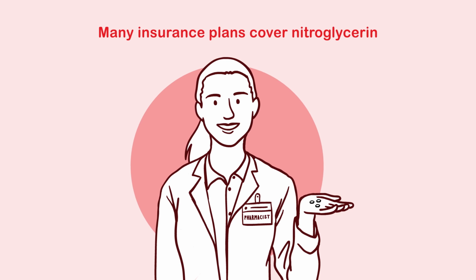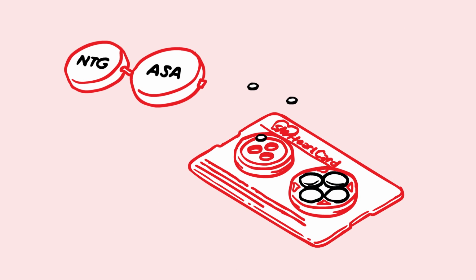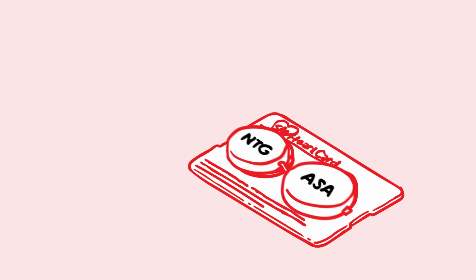You don't need a prescription to get your fresh SMHeartCard pills from your pharmacist. Once you get them, pop the SMHeartCard caps off, put fresh pills in the specially designed pill holder, and replace the pill caps. Take note of the expiry date for when you need fresh